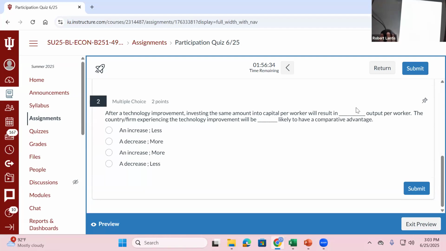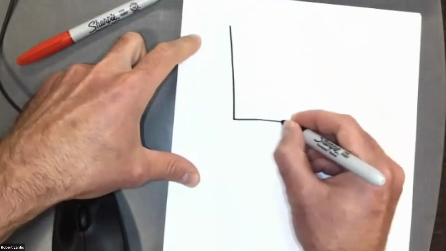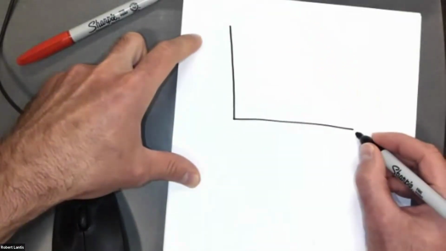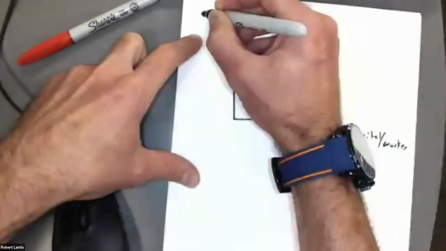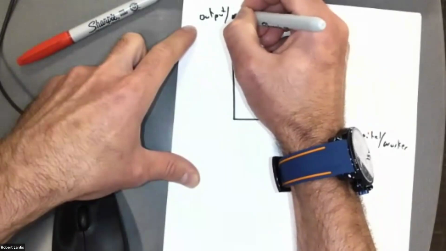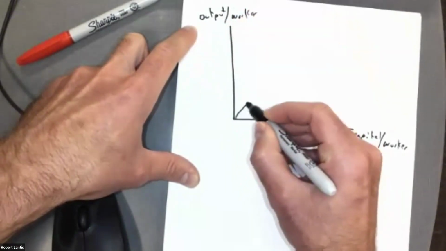So this first question is talking about that macroeconomic PPC. This second question is just talking more about, when we're comparing the original production possibilities curve that we were looking at, the non-macroeconomic one. So we have two ways of understanding this. The very first one was, if I'm thinking about capital investment per worker and that resulting output per worker, that was our macroeconomic production possibilities